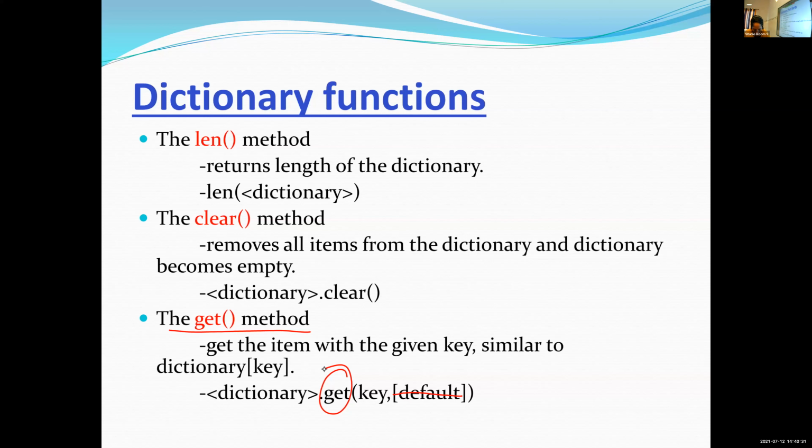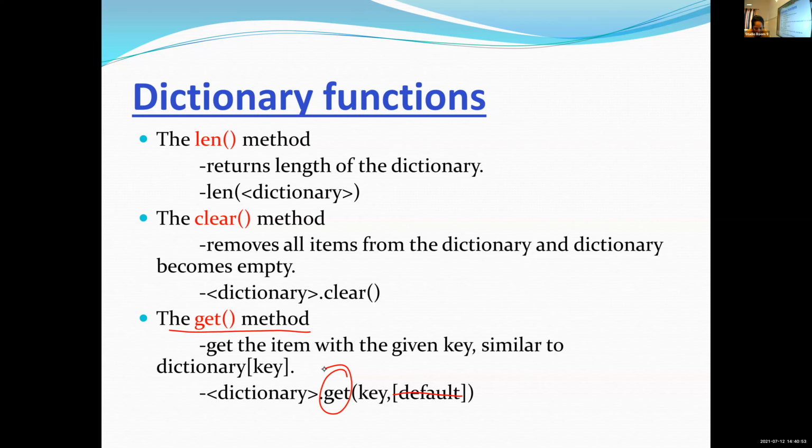And also write the statement. Can you say again? Keys are salary, department, DPT, and age.